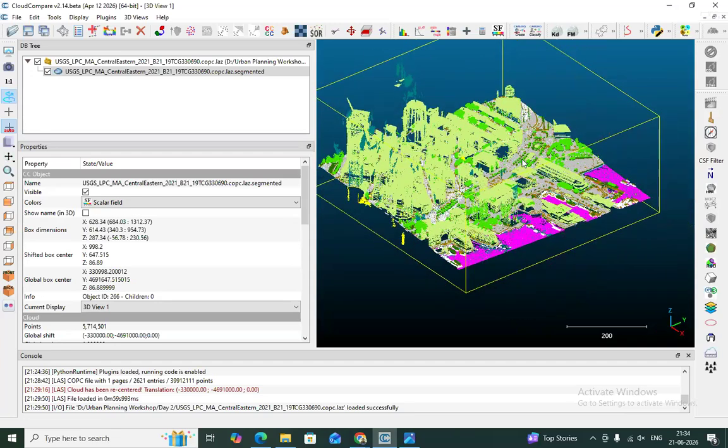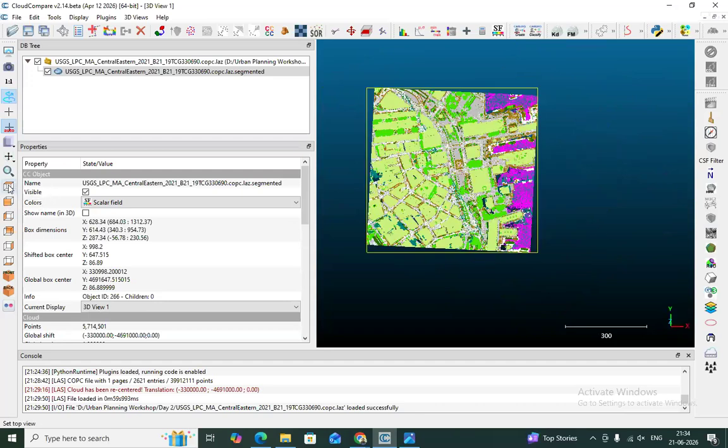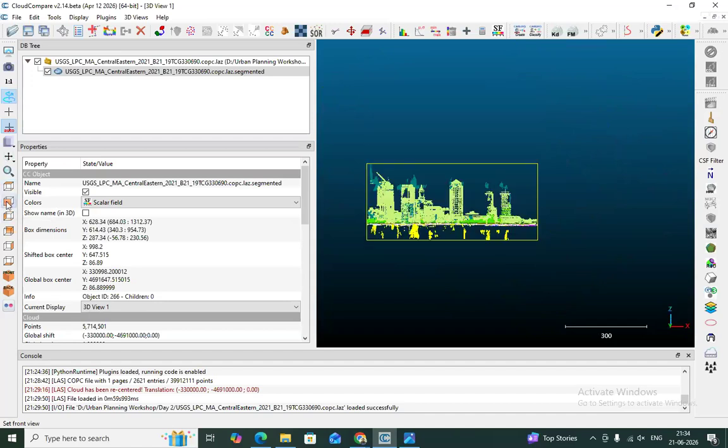Okay, now you can also change this view by clicking on this option. If you want the top view, you follow my cursor, you click on set top view. Okay, if you want the front view, you click on this.